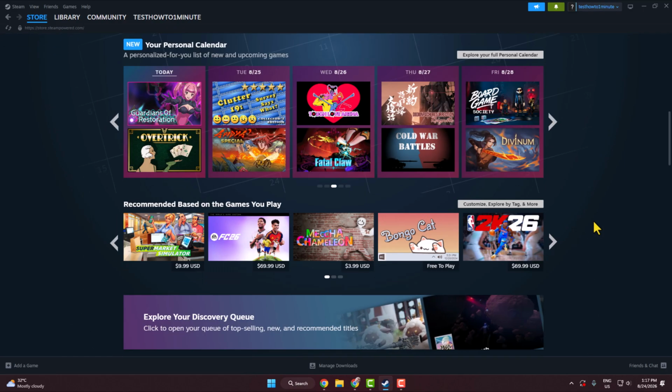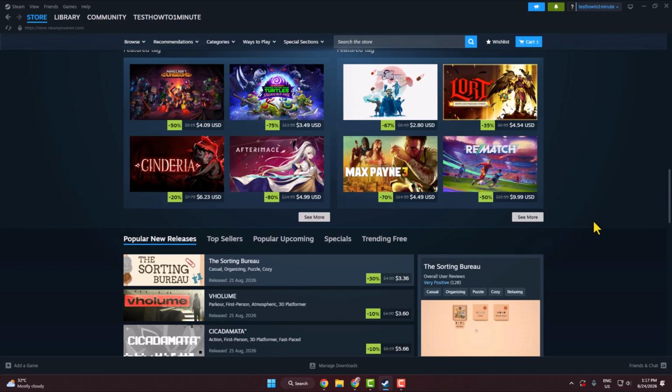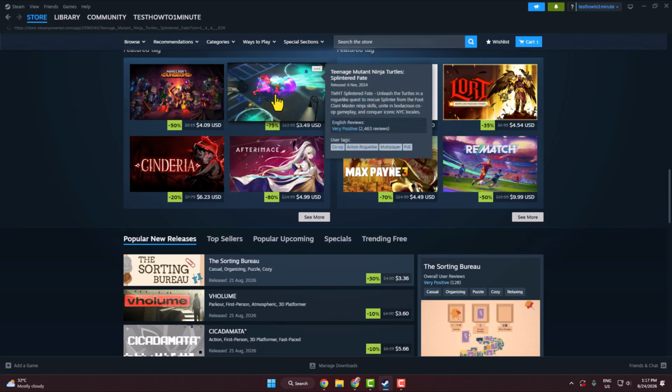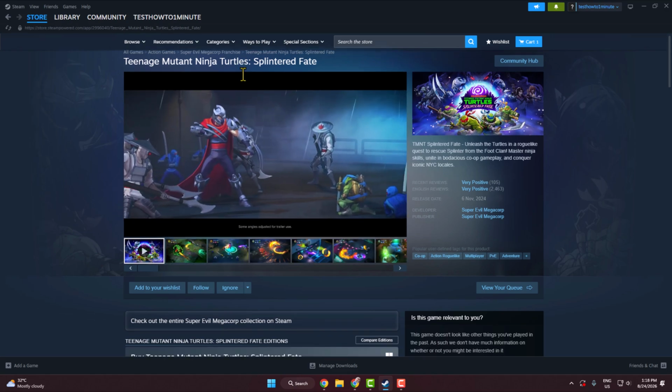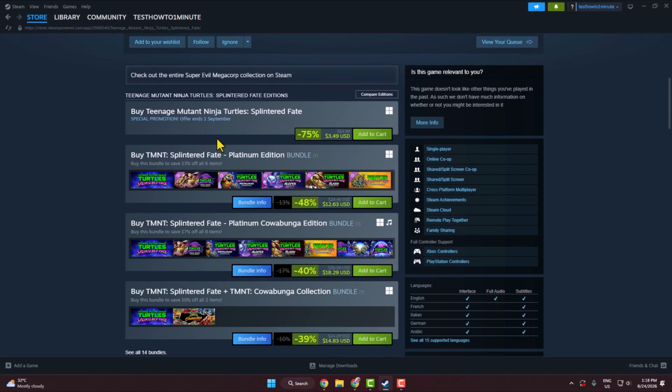So all you have to do is find out the game that you want to buy for your PC. Now click on the game and you directly jump into the game page. Here, scroll down and select the game variant that you want to buy. Just click this add to cart next to the variant,